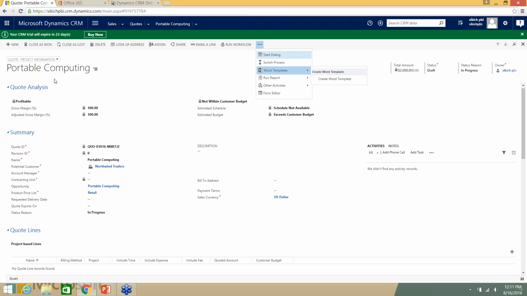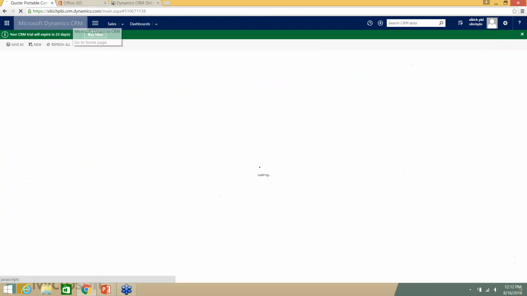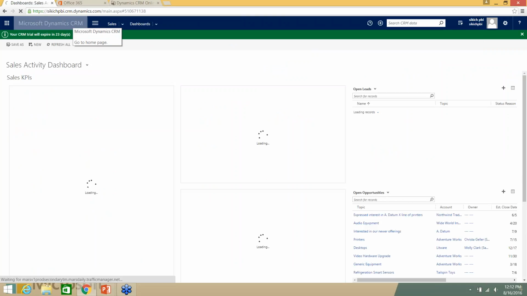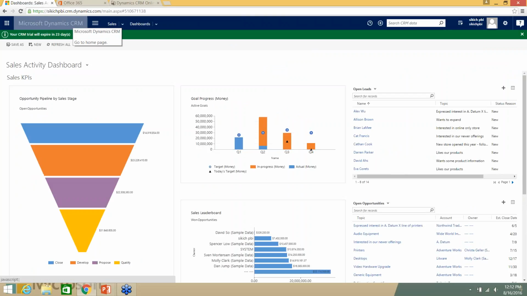So the next area where I really want to spend the majority of my time inside of the reporting features is that concept of self-service reporting. I'm going to go back to my home screen, and I'm going to spend a few moments really talking about the dashboards that exist here today. And then we're going to talk about the advanced find tools that come with CRM and how we can incorporate those into new dashboards that either I can share with other users or I can use